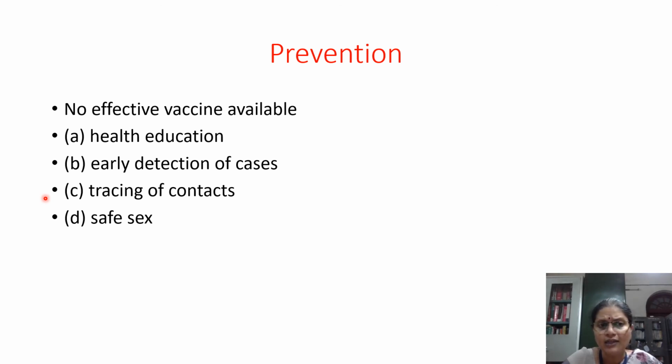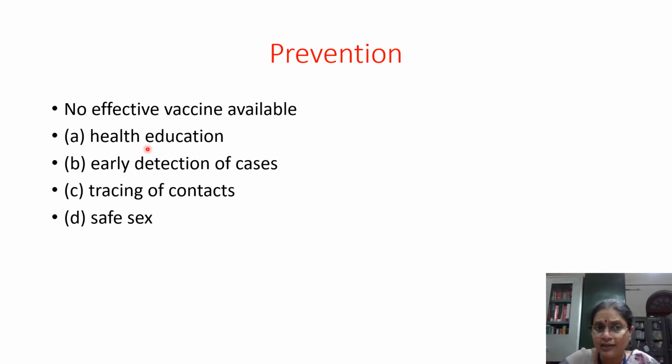And not only that, if you cannot avoid sex, then at least have safe sex. That means you use condoms, some type of preventive measure you have to take before having sex. If one cannot avoid sex, the male should use some kind of protective barrier to avoid getting infected. The same is said for HIV. Same way, for any type of sexually transmitted disease, as a general measure we need to keep all these in mind.